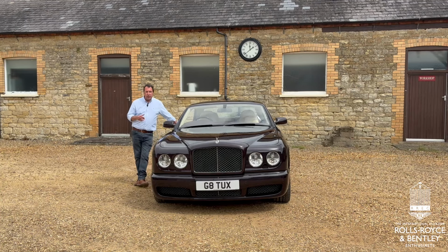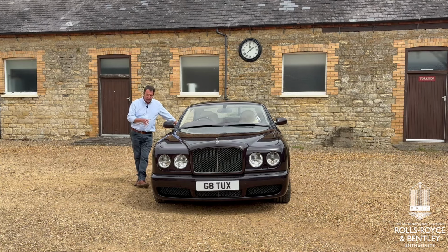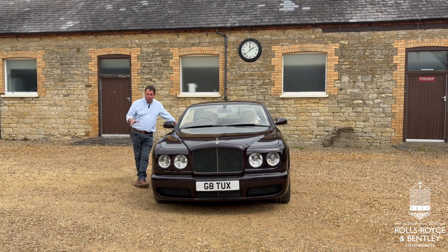I have certain fond memories with this car, and I have them from a previous Bentley I had, a Continental R, which I had for about 10 years, and when Bentleys get you, they get you. With this one, a couple of years ago, there was a big show in Gloucester. It's called Gloucester Goes Retro. Wonderful show, takes over the entire centre of the city, and it's on a shopping Saturday. Not everyone's choice, but it's a shopping Saturday, so you get everyone looking at the cars you perhaps otherwise wouldn't